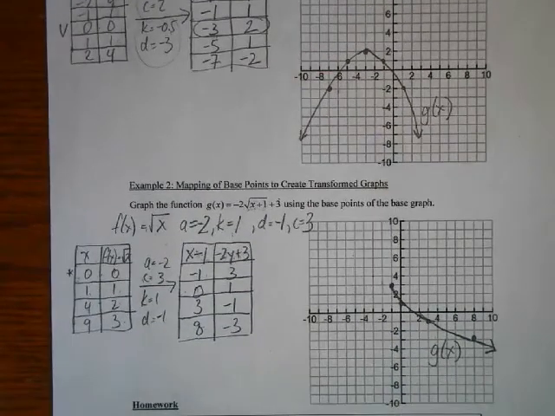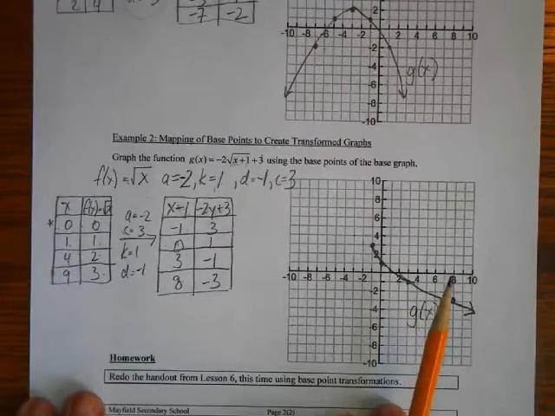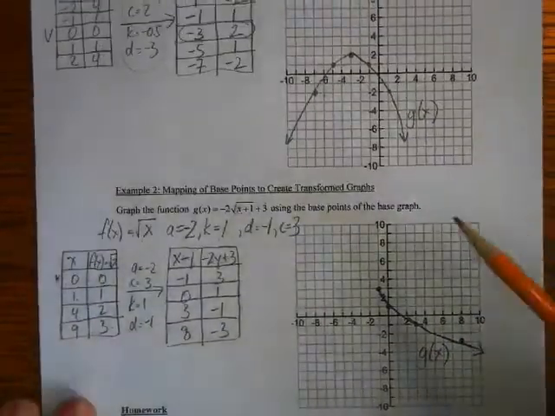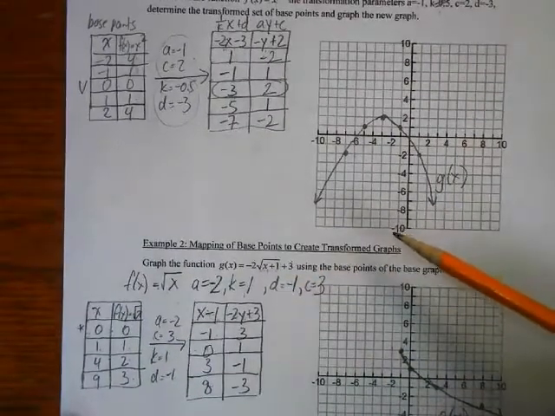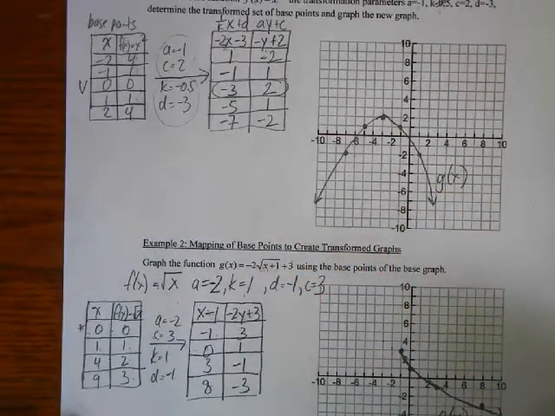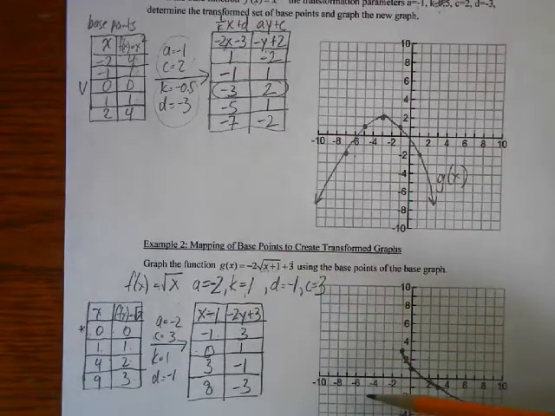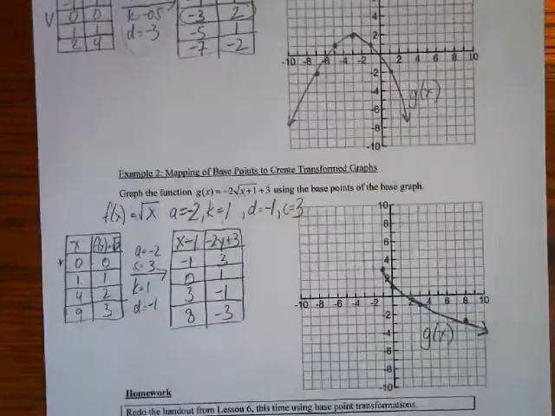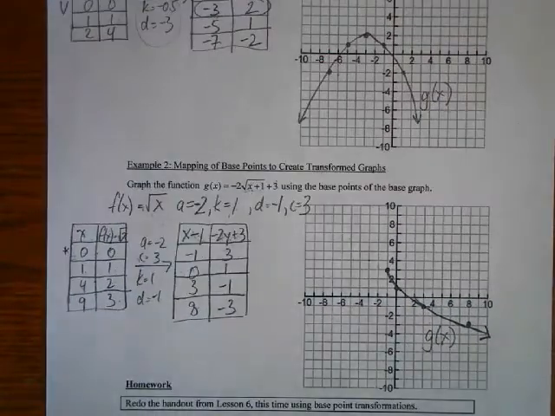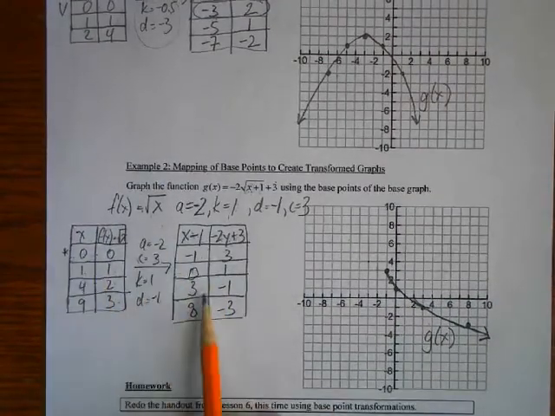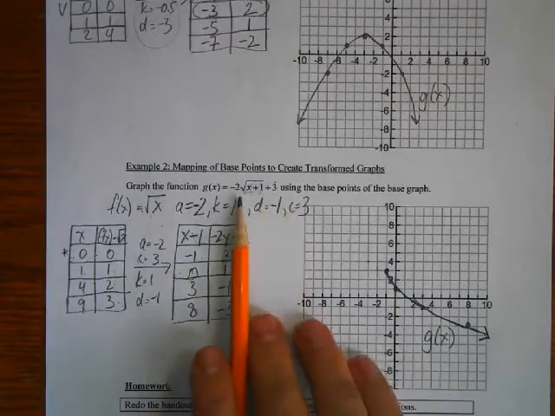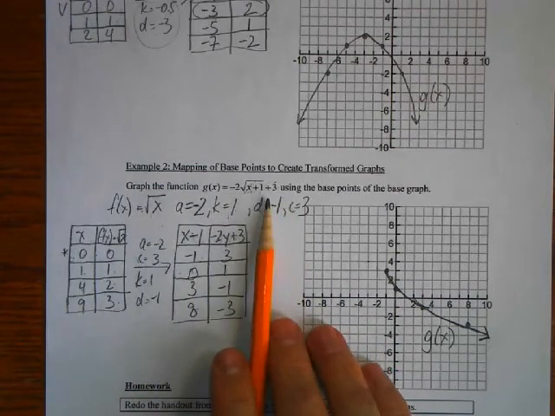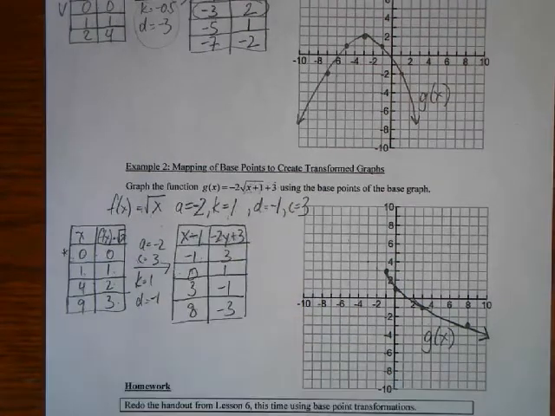So I think it's an awesome way of graphing what looks like a really complicated function. If you looked at that and I asked you what does that graph look like, you probably wouldn't know. There's a lot going on there. Now the question I get, and it's a legitimate question, is why bother going through all this process? Why don't we just do a table of values for this function, plug in some values, get some points, and do our graph? The problem with that is you might pick some x values that you think are reasonable, but